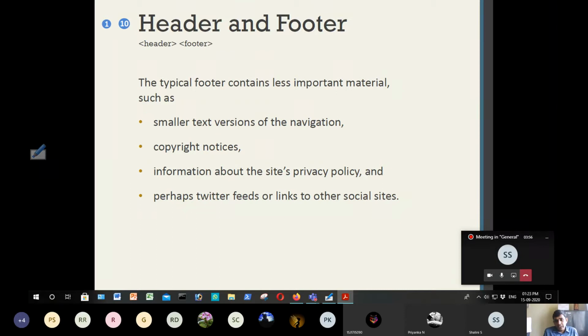That means when a search engine's web crawler goes and indexes a given website, it checks all the web pages. Based on the header and footer tags, it will know which information is related to the header and footer of a page. That's how meaning is given to the website by the header and footer, which clearly tells that for this web page, this is the header and this is the footer. Earlier, there were no header and footer tags before HTML5, so it was not possible to distinguish header and footer from the original contents. Now it's possible.